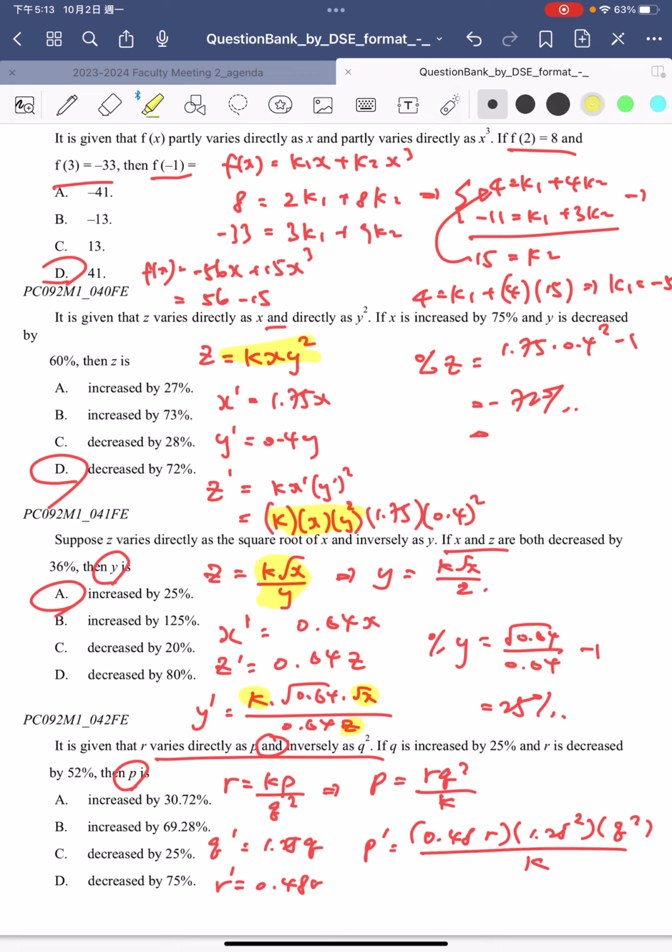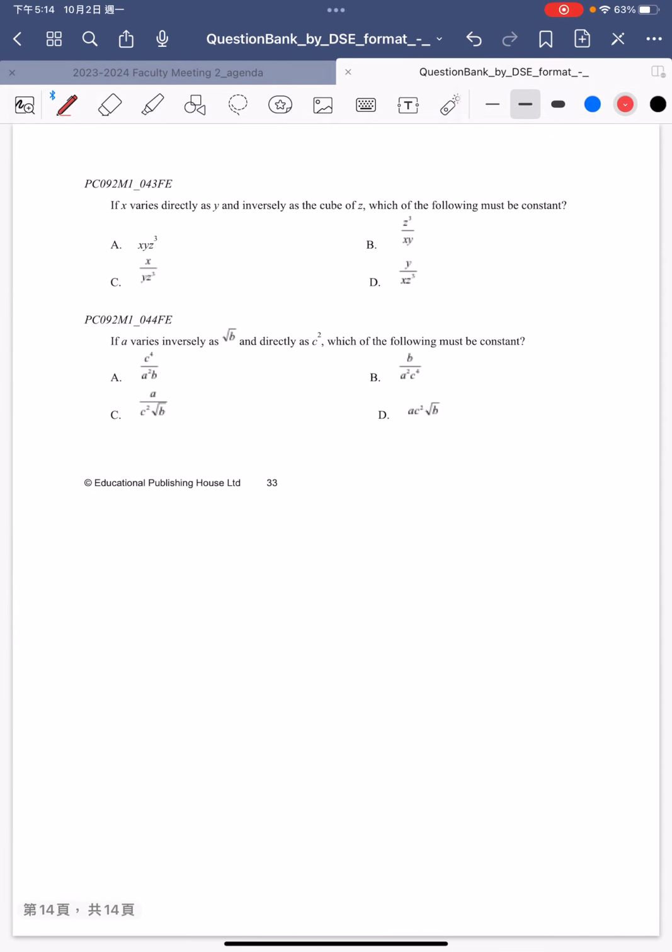And bear in mind again, we have RQ squared over k as our common factor. So the percentage change of P is the rest, which is 0.48 times 1.25 squared minus 1. That gives you the answer of negative 25%. So the answer should be C, decreased by 25%. Okay, last two questions. So for question 43,